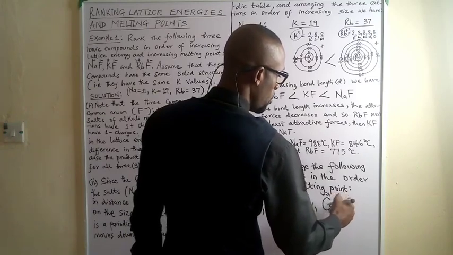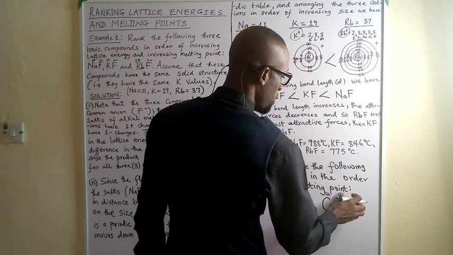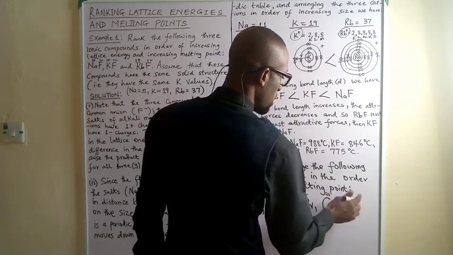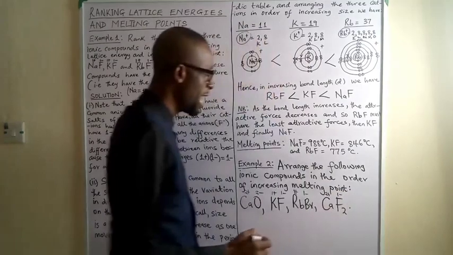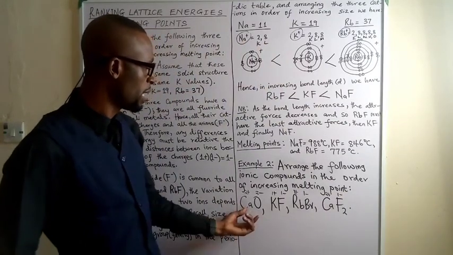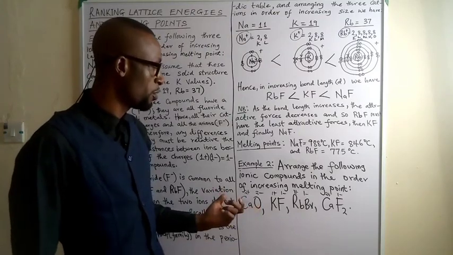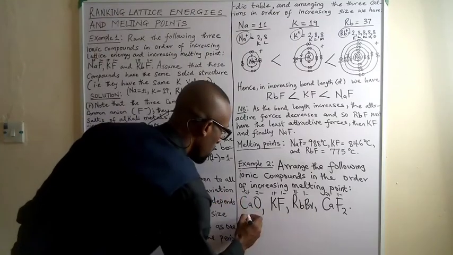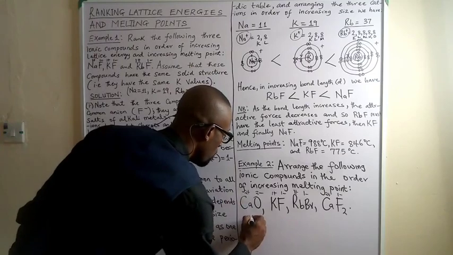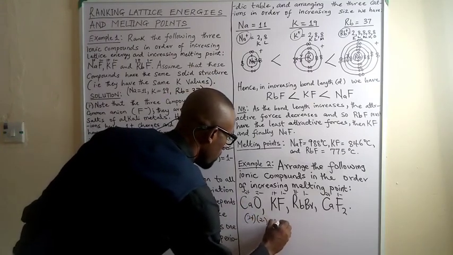This is key. What we have just done is try to understand the differences they have in terms of the ionic charges. Beautiful. If you look at it, the ionic compound here with the highest product of charges is, if you check it, 2 plus times 2 minus, which gives you 4 minus.